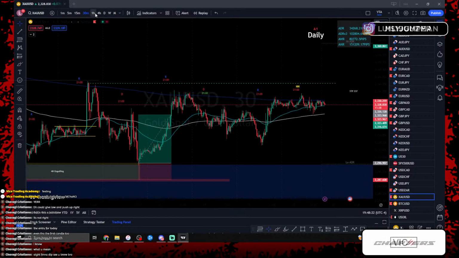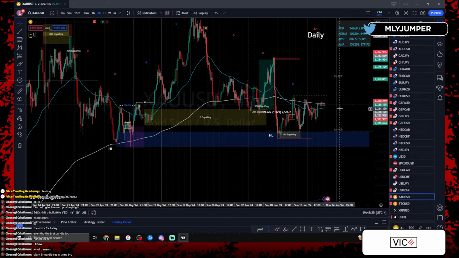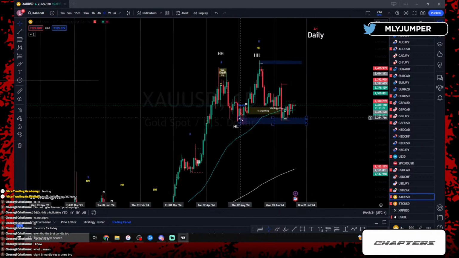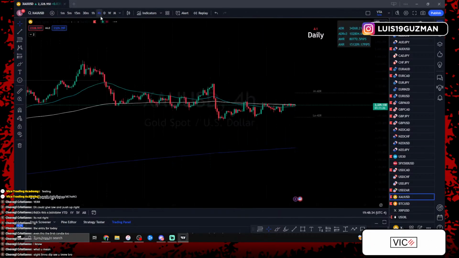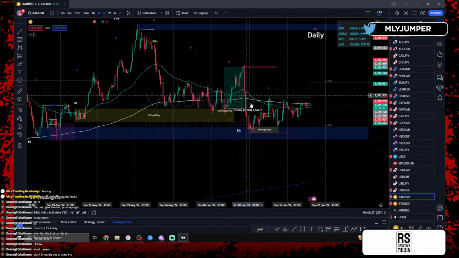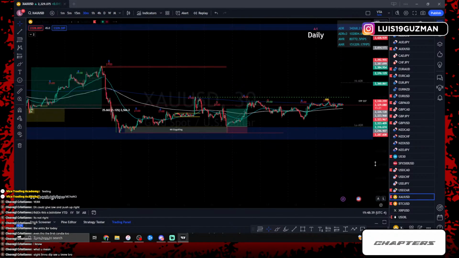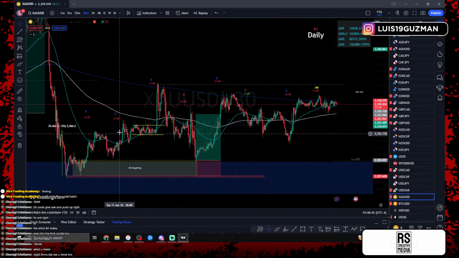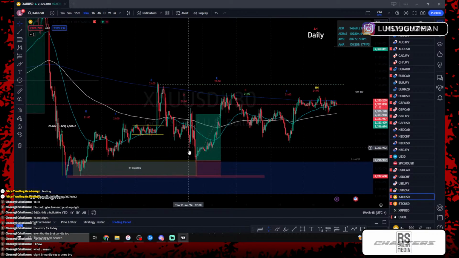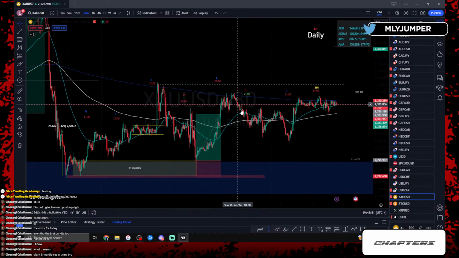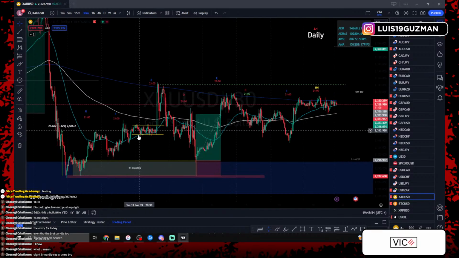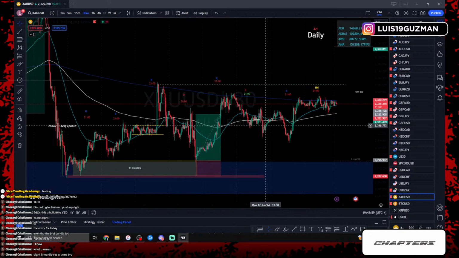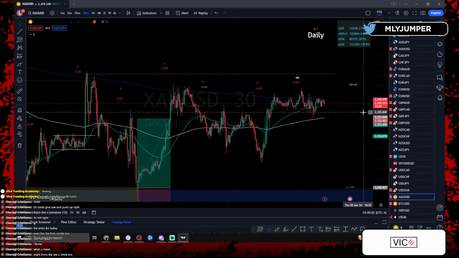So gold right now for me is at a standstill. There's nothing here on gold telling me that price is going to continue to go up. The daily time frame is giving me higher highs and higher lows. The internal time frame going into the 4 hours is telling me lower lows and lower highs. The 30-minute time frame is going both ways. We had higher low, higher high, higher low, higher high, and then price gave us lower low, lower high, higher low, because technically we're still trading between this low and this high, but we just made a lower low, and right now we're just in the middle. We're just consolidating. So where are we going?